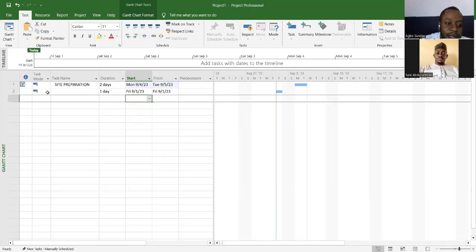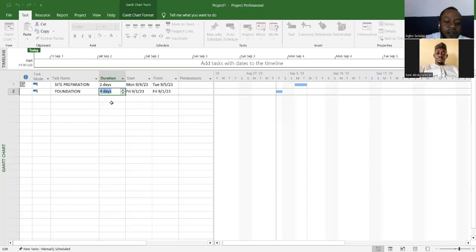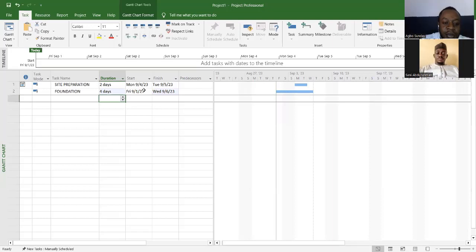All right. Then the next task is already in the auto mode. The next task is foundation, right? After site preparation. So I say foundation. Okay, foundation comes with a lot of tasks or a lot of activities under it, but we can just specify a duration that can cover it. So if I say, okay, excavating needs to take 4 days,